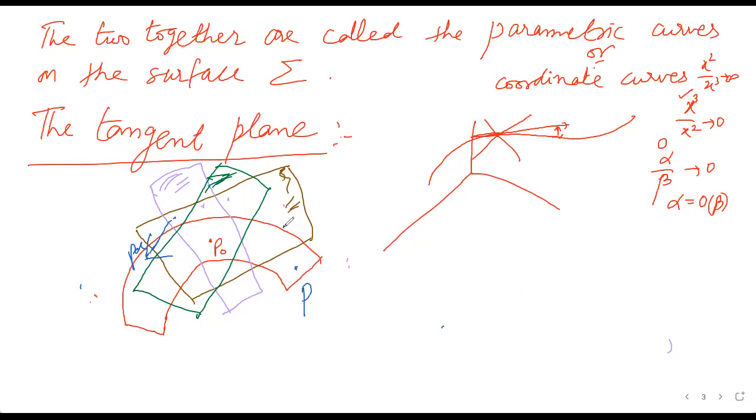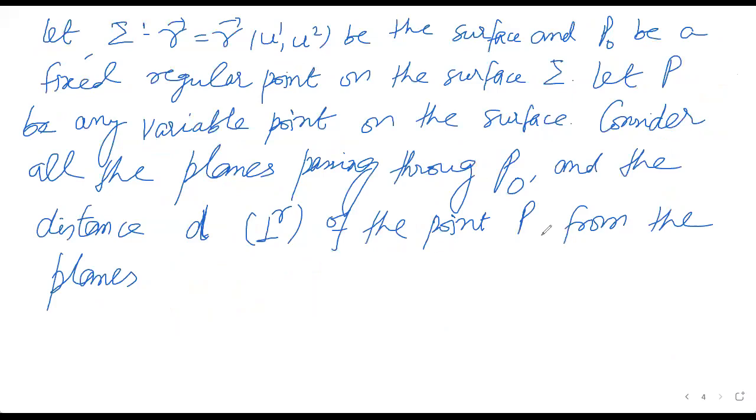है ना भाई, अगर यहाँ पे सपोज पॉइंट P ले लूं मैं, तो इसकी डिस्टेंस क्या है, अगर यहाँ से इस प्लेन से डिस्टेंस ये हो जाएगी, इस प्लेन से डिस्टेंस इट विल बी लाइक दिस, ये डिस्टेंस होगी, इस वाले प्लेन से क्या होगा, यहाँ पे कोई पॉइंट ले लें या ये ले लें, तो इससे डिस्टेंस ये आ जाएगी, तो डिफरेंट डिस्टेंसेस आ रही होंगी डिफरेंट प्लेन से, है ना. So you have a distance d of the point P from the planes,